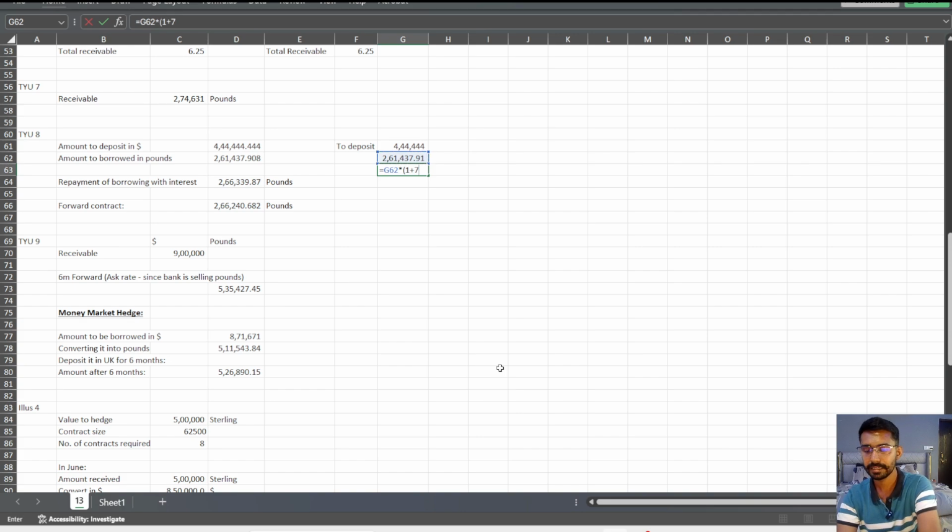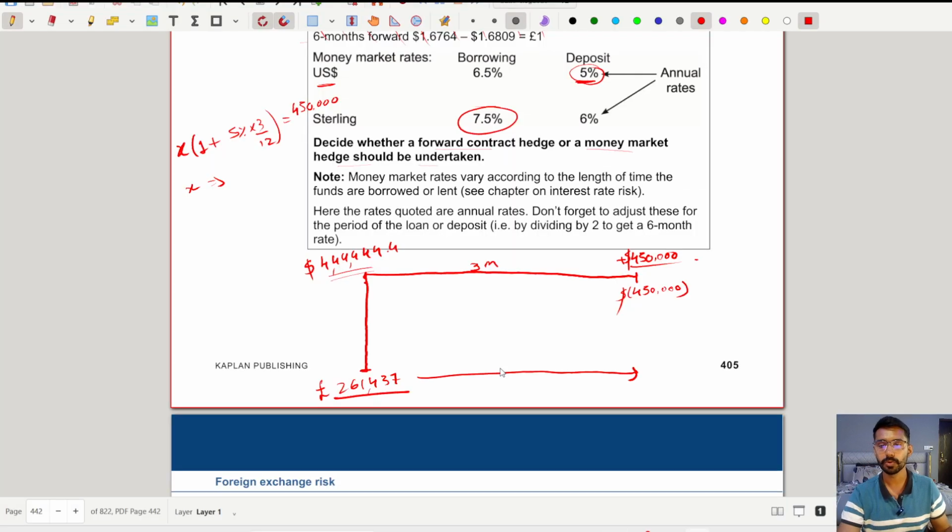into 1 plus 7.5% multiplied by 3 divided by 12. Okay, I'll have to pay 266,339.87 pounds 3 months later. This is the final liability I will have. No matter what the exchange rate is, this is the maximum amount I will have to pay, and this is